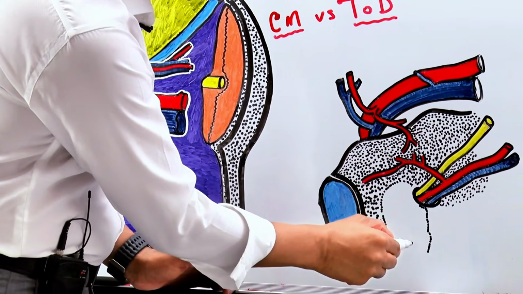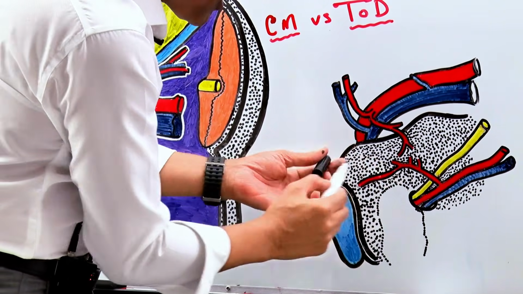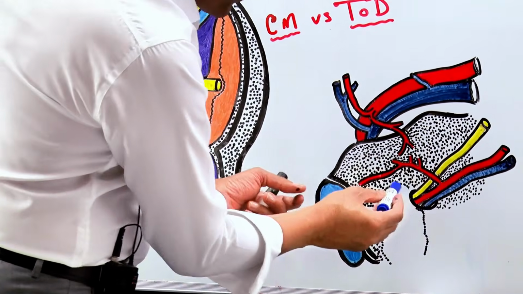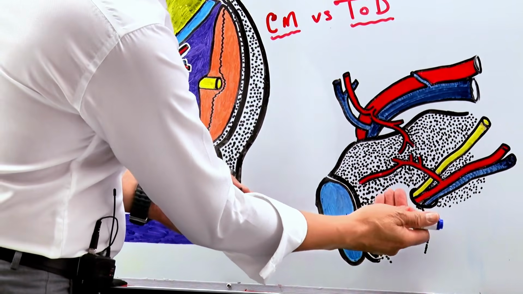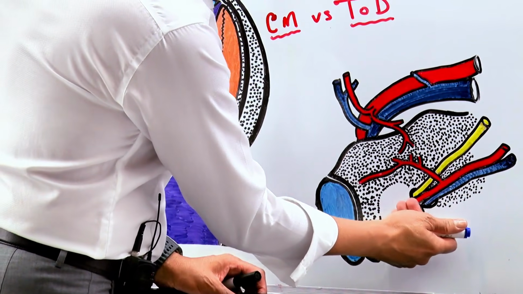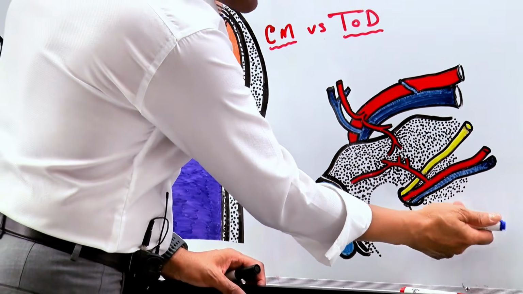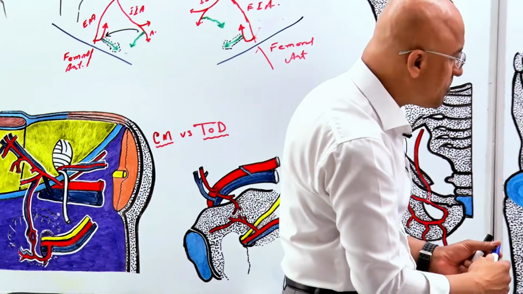Obturator foramen, and this is obturator canal, and this obturator foramen has the obturator membrane. From the inner side of the pelvis originates the obturator internus muscle, and over that,